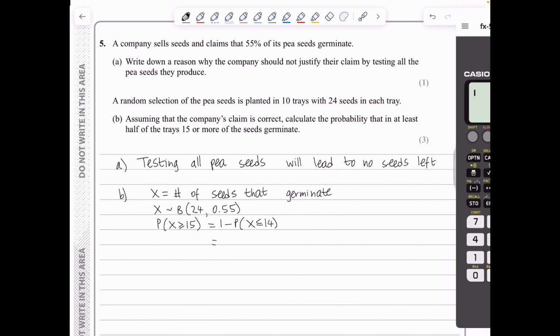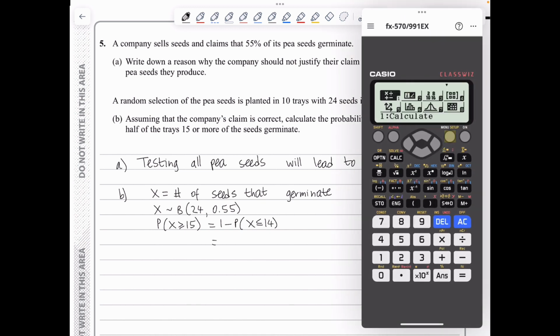I'm gonna go on my calculator, it's menu, option 7. We go down to binomial CD, option 1. We choose two variables. Our x is 14, our n is 24, and our p is 0.55. So this will give us the probability we are after. It's 0.70087. So we've got 1 minus